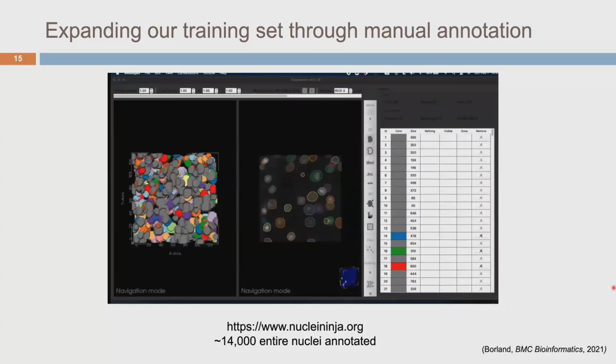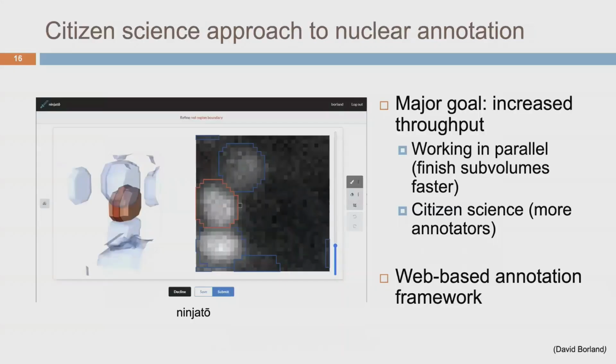the original thought being that this would be like Fruit Ninja, where you sort of have to separate two nuclei that are falsely attached to each other. So we currently have 14,000 entire nuclei annotated through the dedicated work of our nuclei ninjas and getting more and more every day. Current manual annotation takes a lot of work though for a single user, as each block that we give our undergraduates contains roughly on the order of 1,000 nuclei. So it usually takes an undergrad an entire semester to segment one volume, considering that they usually contribute about 10